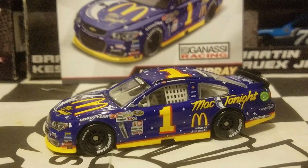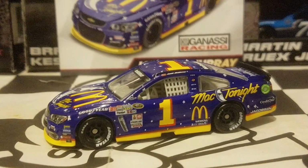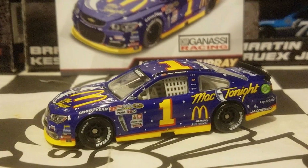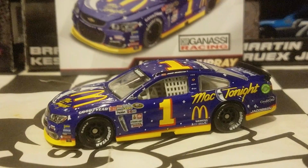This happens to be one of my favorite Darlington Throwback cars for the Ganassi field, especially for anybody out there who is a 90s kid like me, you will automatically know this car. Ladies and gentlemen, welcome the Mickey Tonight car. It has returned, and it was driven by Jamie McMurray at the 2016 Southern 500 at Darlington Raceway. And man, when they officially revealed this car, oh man, it was so worth the wait, because McMurray didn't have a throwback scheme from 2015,